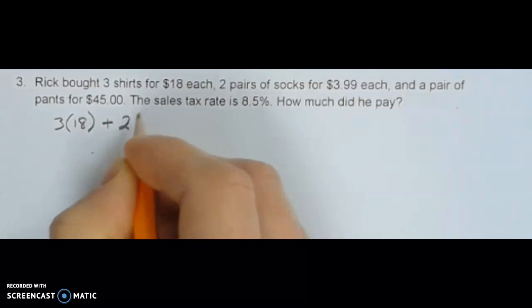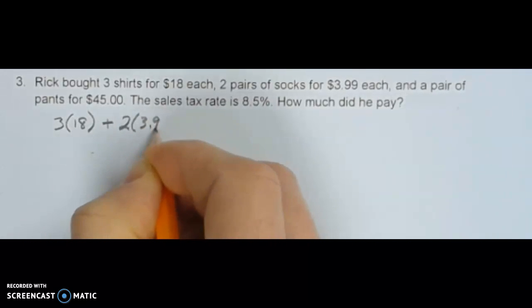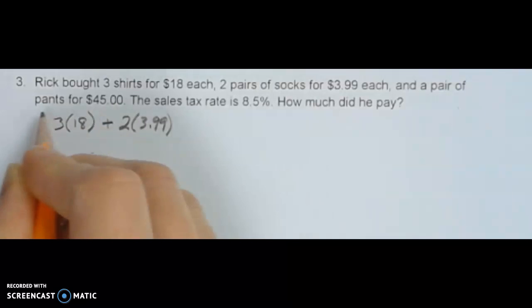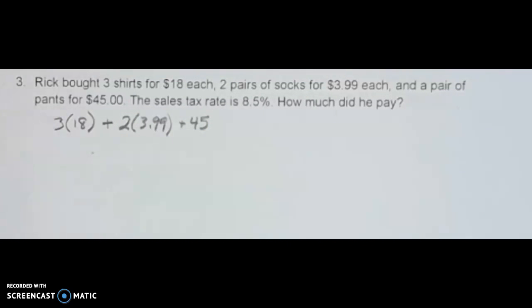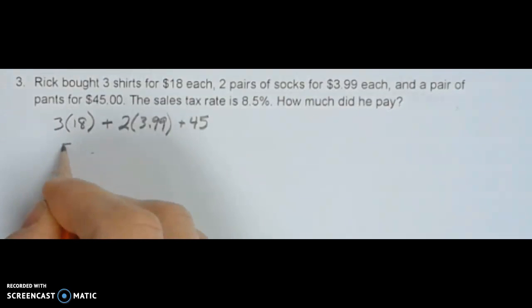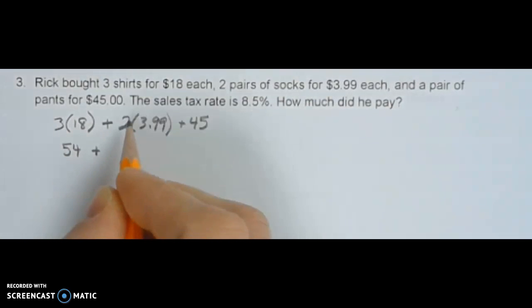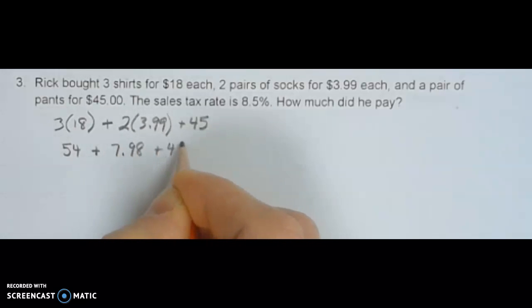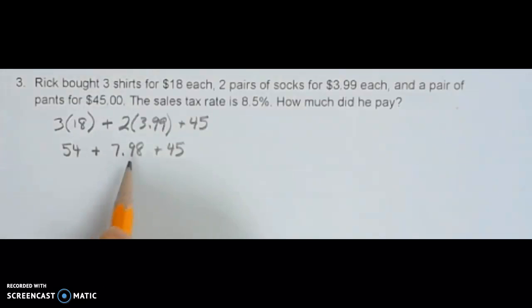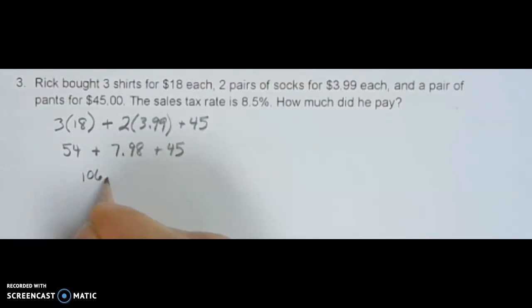They're $3.99 each, so 2 times $3.99. And then just the 1 pair of pants for $45, so we'll have to add $45 at the end. So 3 times 18 is 54, plus $3.99 times 2 is $7.98, plus the $45. And when we add these 3 numbers together, that's going to give us a subtotal of $106.98. Okay, and so now in order to get the price that he's going to pay, we have to calculate